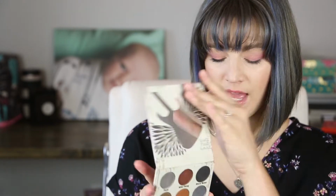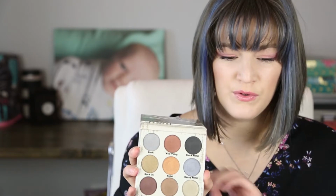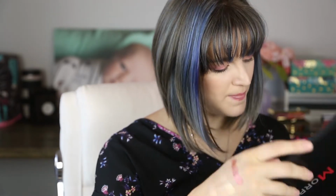Okay, this one is from Crown, and this is the Glam Metals palette. Again, just not shades for me. Copperies, golds, some silvery blues, not the colors. All right, I have one palette from Morphe, and this is the 35T palette. This one I saw and I loved it online,